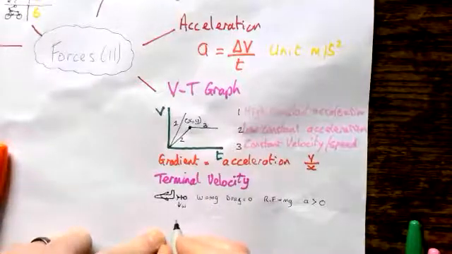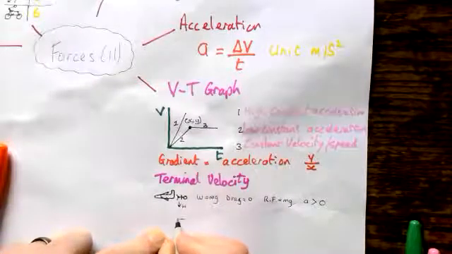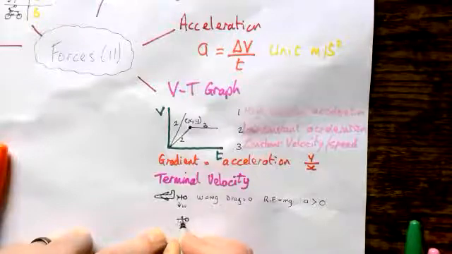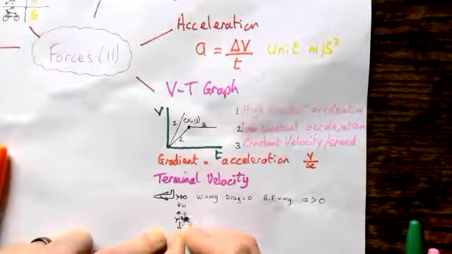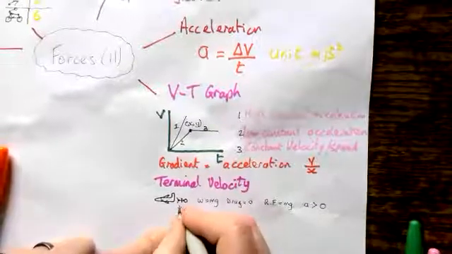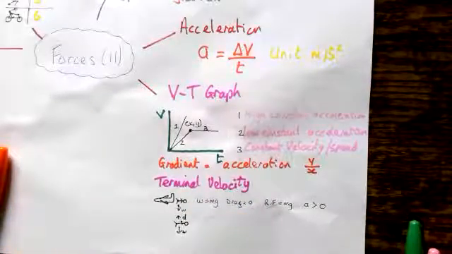But now what is happening? Because they're moving through the air, we've got some drag forces. As well as the weight, we've now got an upwards drag. So there's two forces on them now. We've still got the weight,